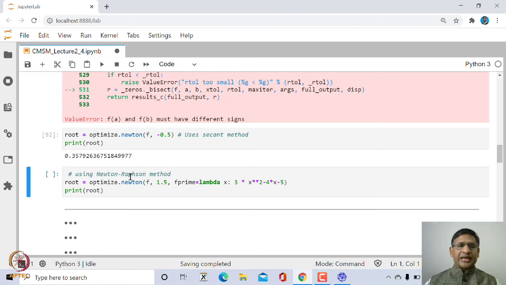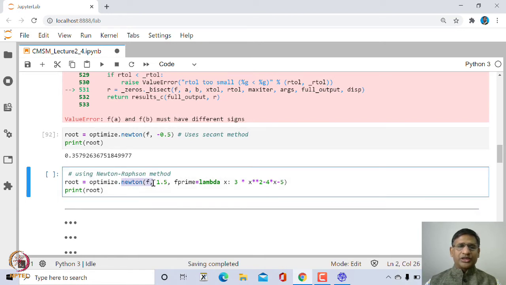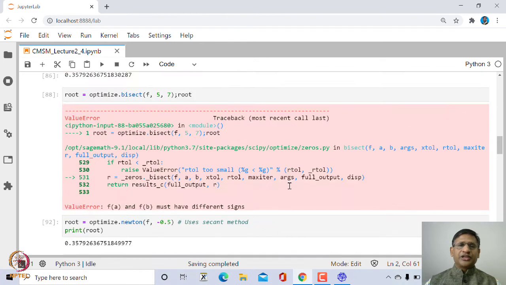In case you also supply the derivative of this function inside newton, f prime, so in this case we are supplying the derivative using lambda notation, lambda x, and the output is 3x square minus 4x minus 5, which is the derivative of this function.